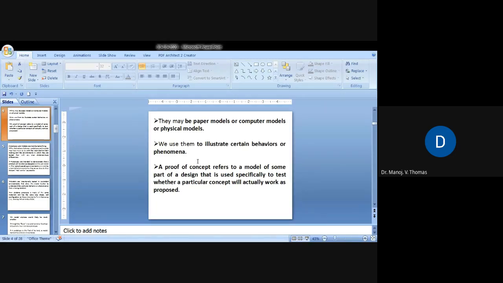That proof of concept may be a mathematical model. Even this mathematical model can be used to work as proof of concept, because through mathematics, through already known laws, principles, and explanation, you can even prove that whatever you are going to construct or make or establish will actually work, isn't it?